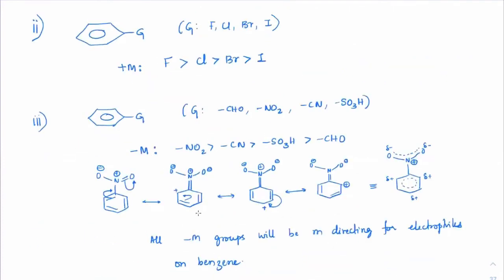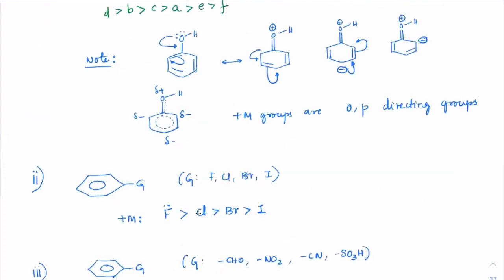When it comes to the overall withdrawing nature, suppose there is a difference in electron withdrawing nature. Got it? Electron withdrawing group, and it is giving resonance as plus M, but overall it is withdrawing group only. All of these halides. Understood? That we will be studying in benzene. Got it? As of now, our idea is only to understand plus M and minus M.